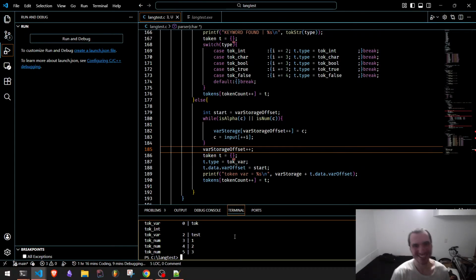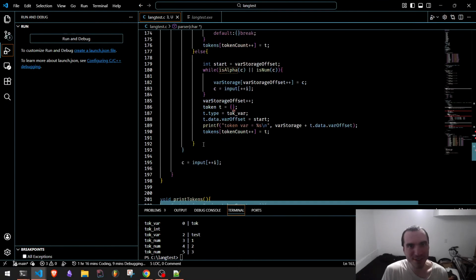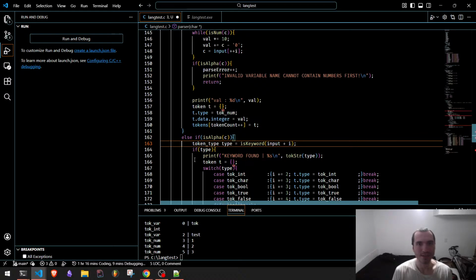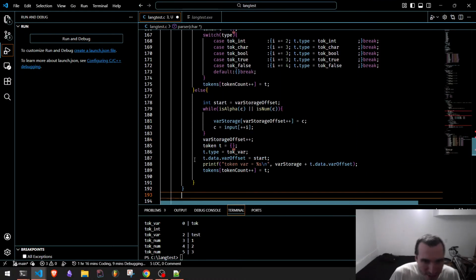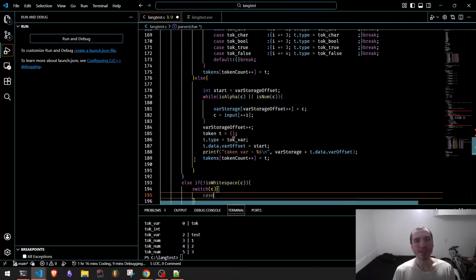So this is a really clanky parser, but it's working for our use cases. So we're testing is number, is alpha. I guess we could do else if. Why not? It doesn't really matter. And then we'll do else if it's not white space. So now we'll have a bunch of cases. We could do switch, C. We can have a case like it's a plus symbol. For example, break,